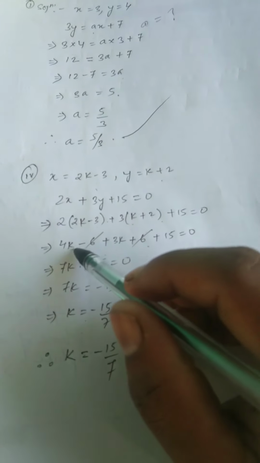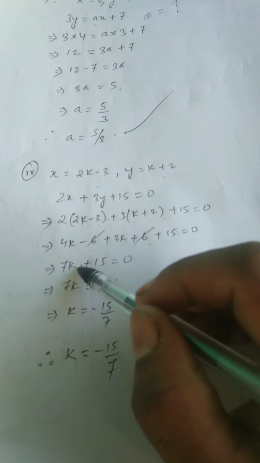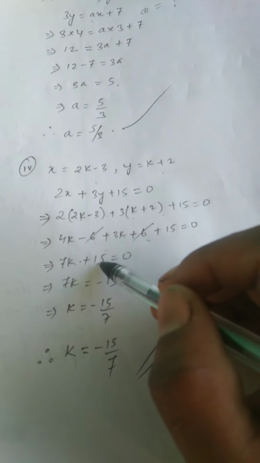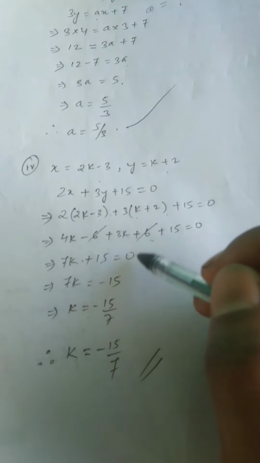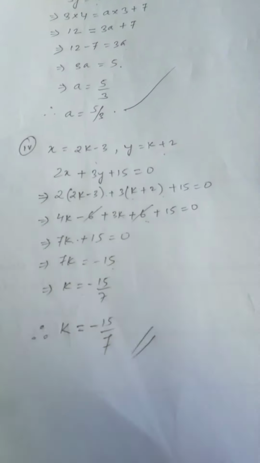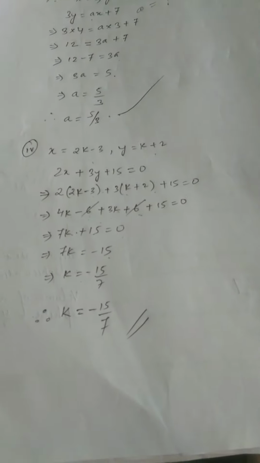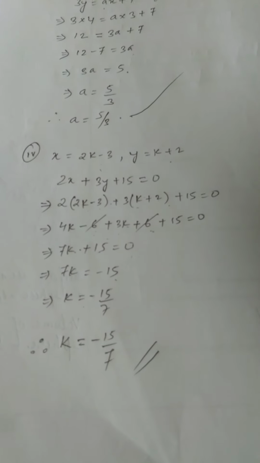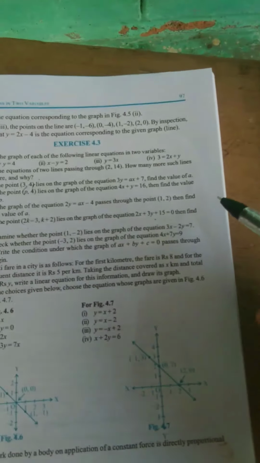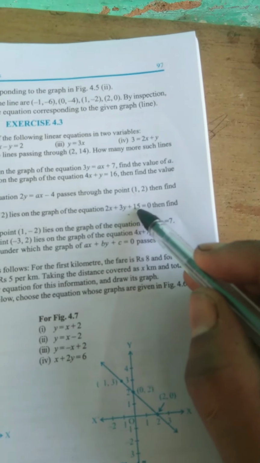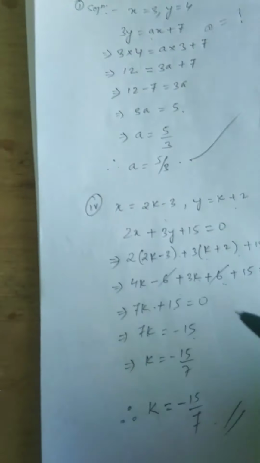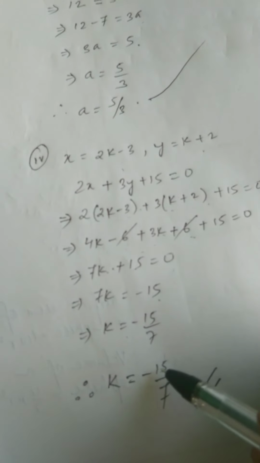So here 4k plus 3k, how many k? 7k. So minus 6 here and here plus 6, that is 0. So remaining what? 15. So transpose 15 to the right side, you get minus 15. So k, what are you getting? Minus 15 by 7. But the back answer is minus 45 by 7. But here one thing, I think maybe this number 15 is a mistake. If it is 15, then this is correct only. If it is 45, then it will be 45 here, no problem. Okay,